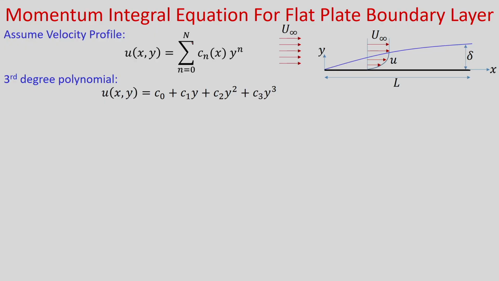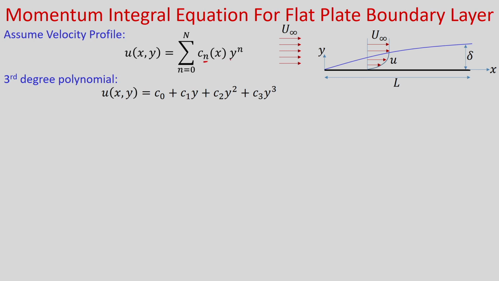So, now we have written the integral form of the governing equation and we have derived the momentum integral equation. Next step is to assume the velocity profile. For laminar flow generally a polynomial is used, and if we write the polynomial of nth order, we can assume the velocity profile as u(x, y) equal to the summation of n equal to 0 to n of c_n y^n, where c_n is the coefficient and it is a function of x.